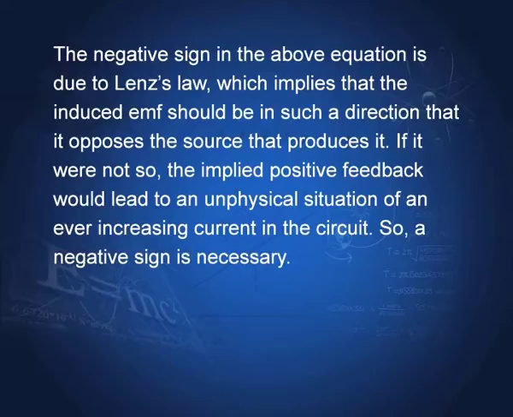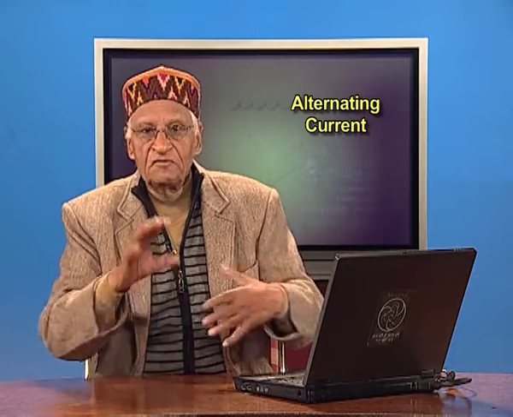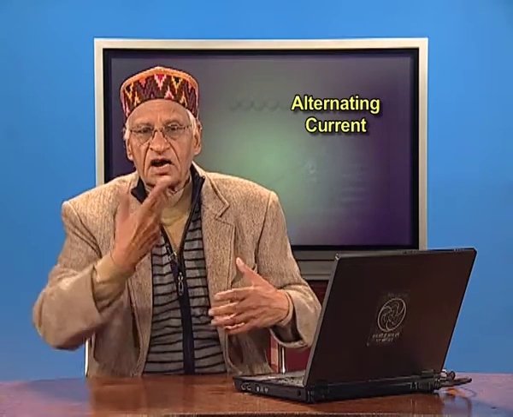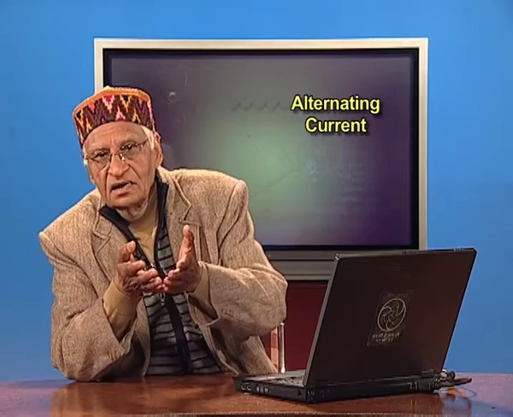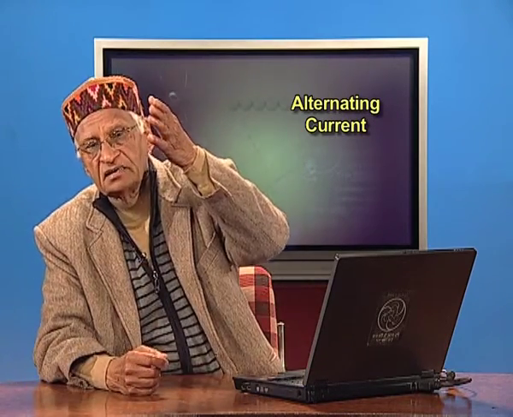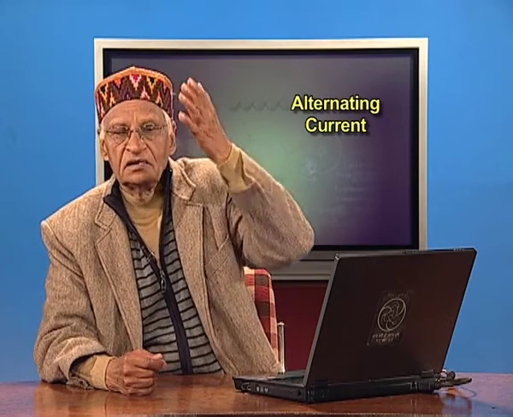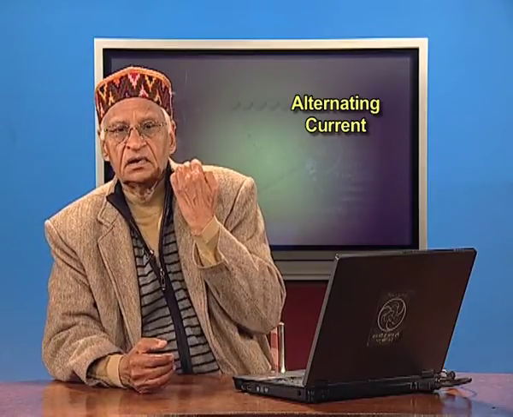the circuit. You see, what is meant is this: there is a current through a coil, and if this variation in the direction of the current through the coil increases the induced EMF, which produces current in the same direction as the actual current, then the current goes on increasing. That means current will become infinite, which is obviously not possible, because this is a violation of the law of conservation of energy. Therefore, the EMF induced must be in the backward direction. That is why it is called back EMF.